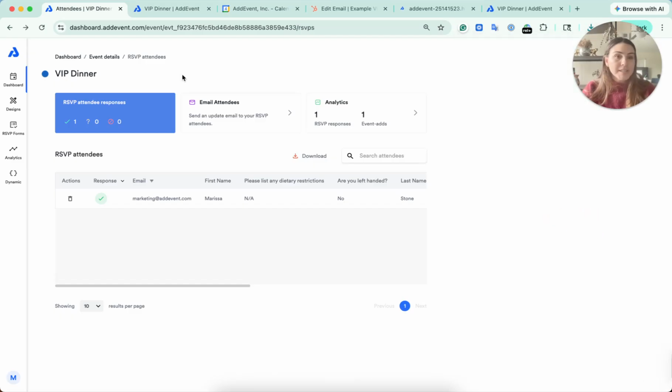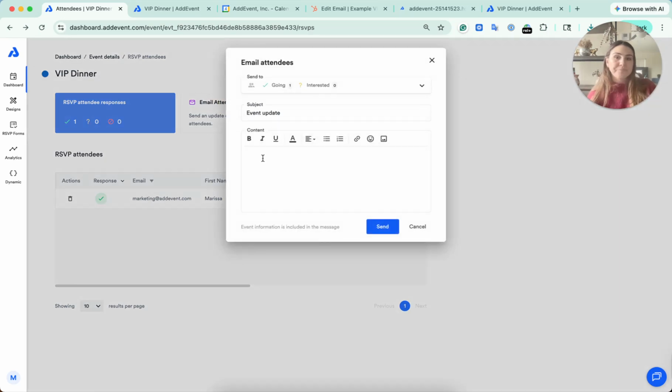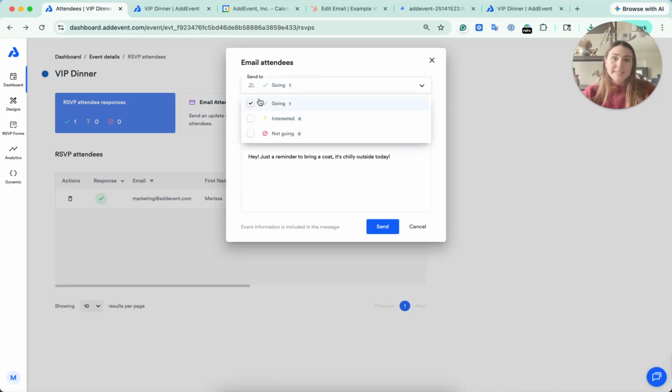Last thing that I mentioned is if you want to email your attendees one-off, this is like not the reminder email, not the confirmation email, that manual email send template we were talking about. You can go ahead and send it here. Hey, just a reminder to bring a coat. It's chilly outside today. Okay, you can choose if you want to only send it to those that are going,